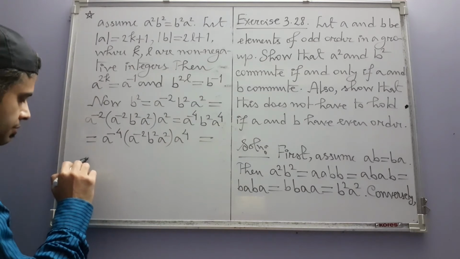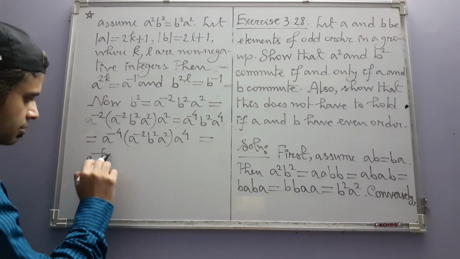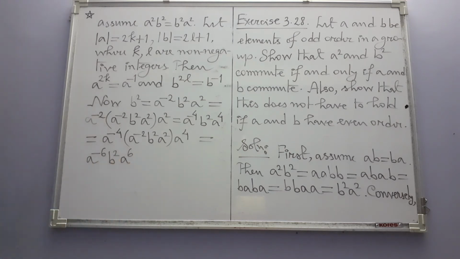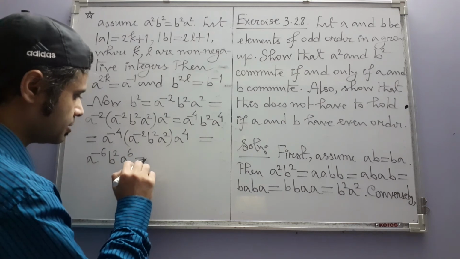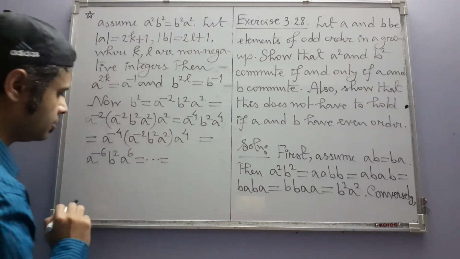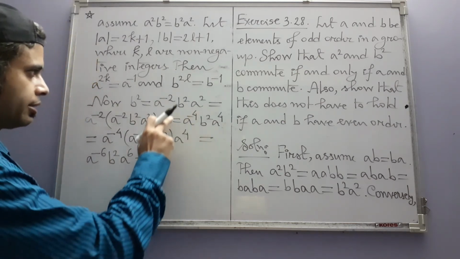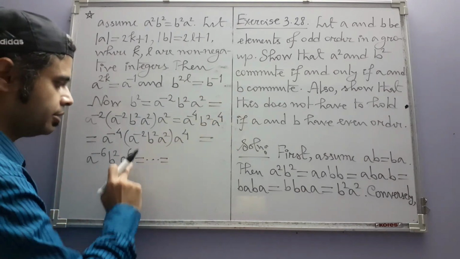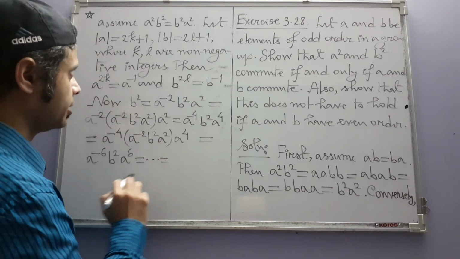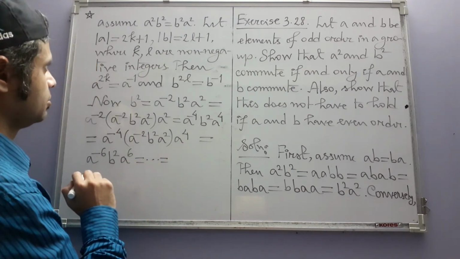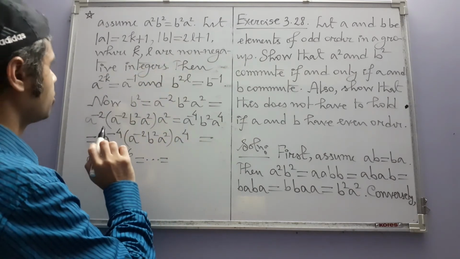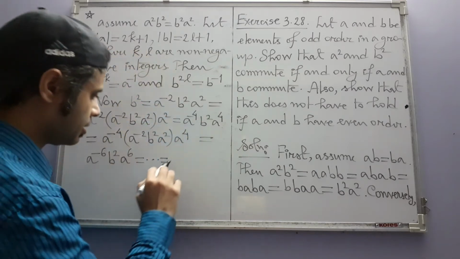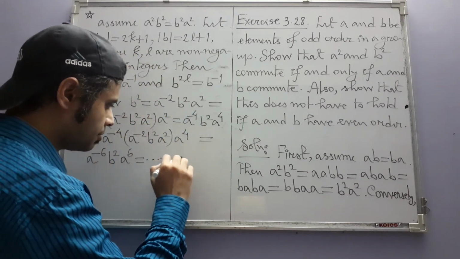Now this becomes minus 6 B square A to the power 6. Now if you continue going like this, eventually you will reach a stage. Do you see the pattern? 2 times 1, 2 times 2, 2 times 3. So at some stage you will get 2 times K, I need K here because that's what we have with A. So at some stage we will get